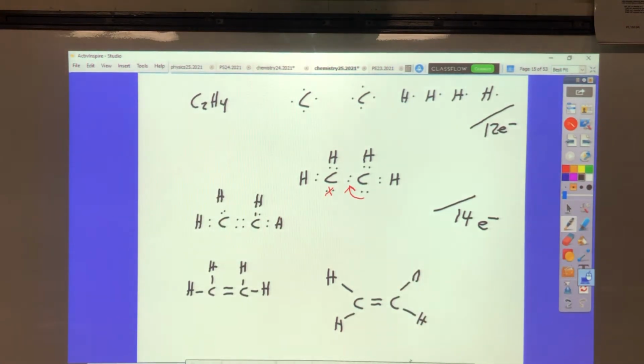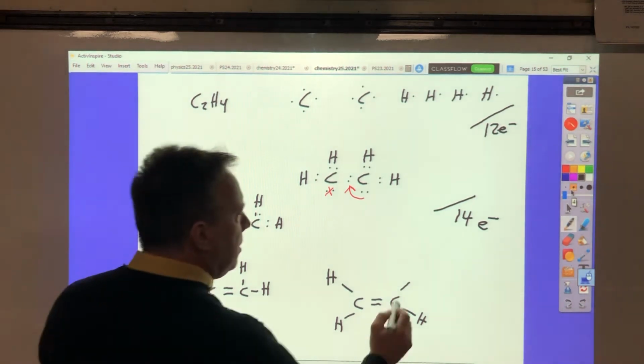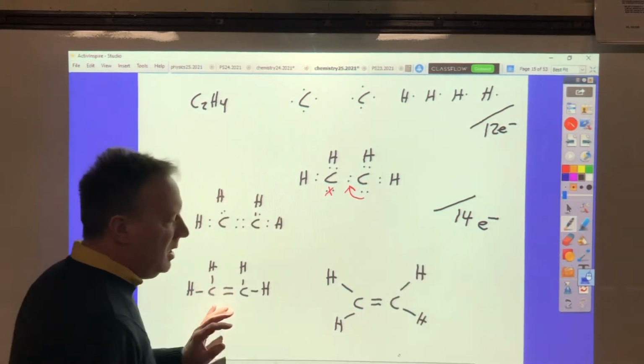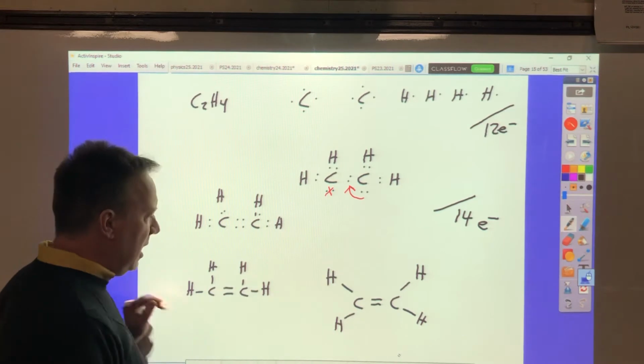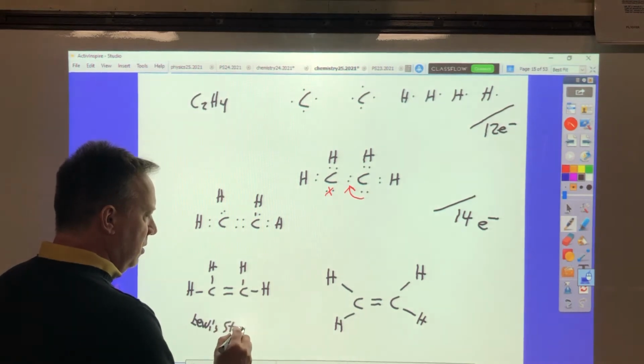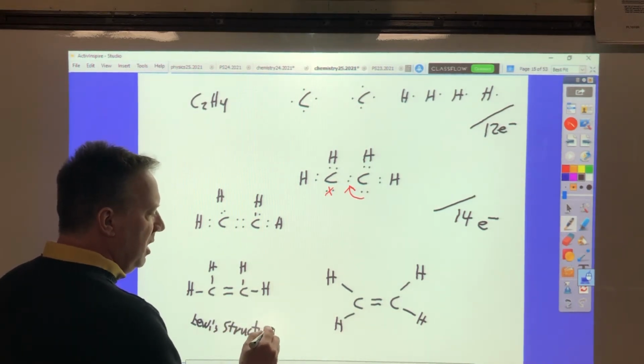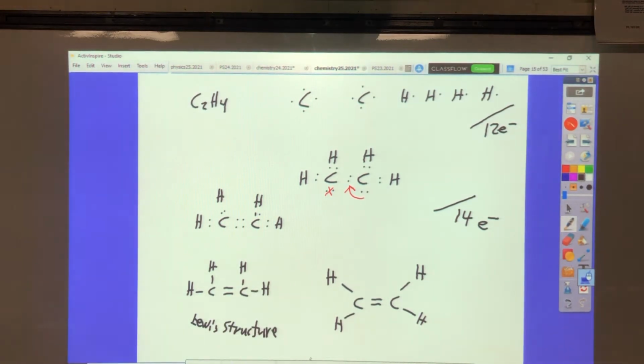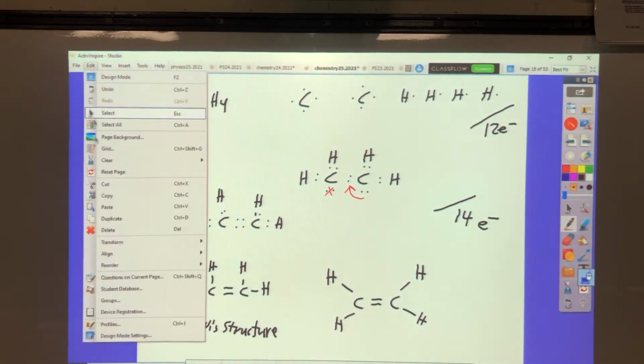Now, to do the Lewis structure, you don't need to go this extra step. This is your Lewis structure right here. But you do need to be able to go onward. Okay, since all this stuff is in the next page,